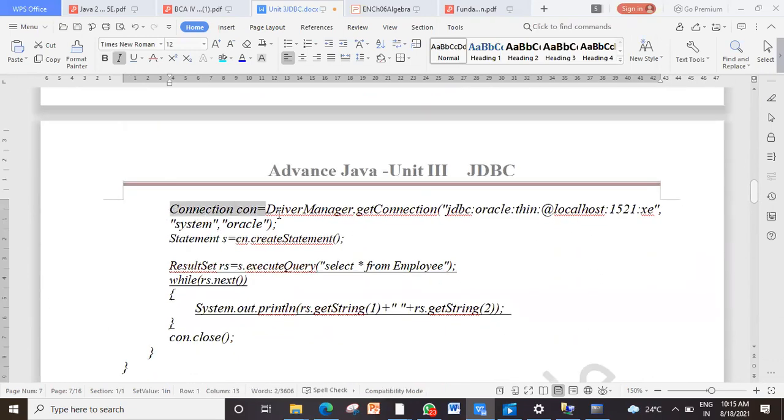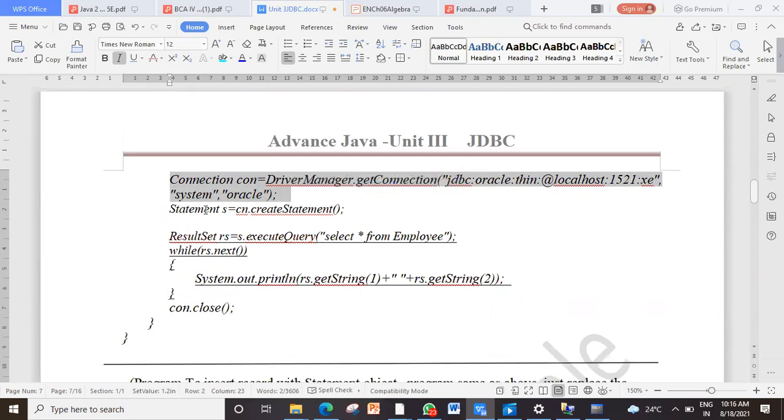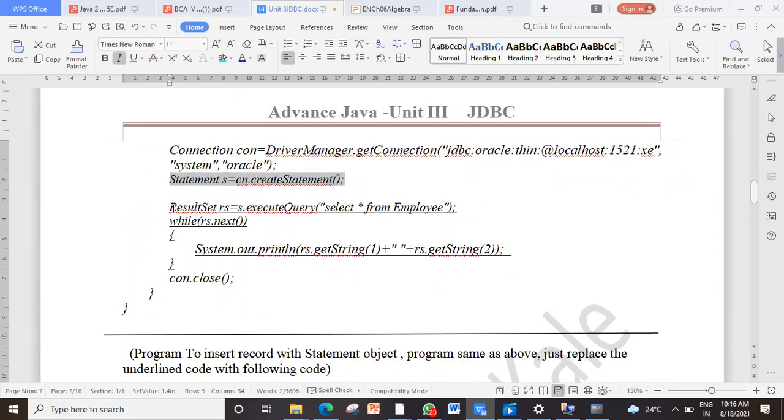Here we are creating the connection object. Here we are creating a statement object. Here we are executing the statement, select star from employees, and we are preparing a result set. What are we doing here? Iterating through the result set to display the individual values.